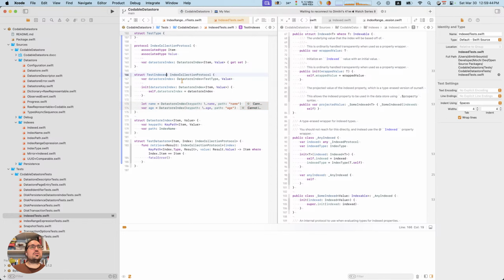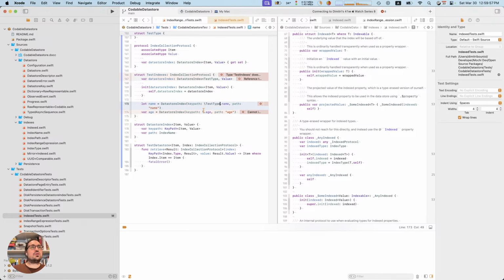Don't need a value because this has that information, and then this just needs to deal with that.